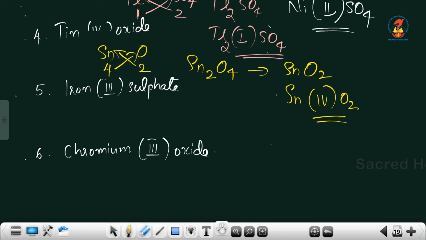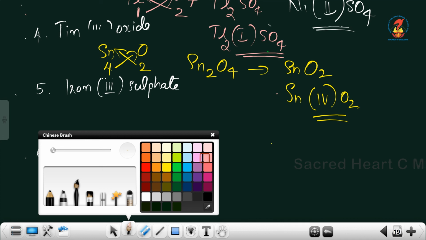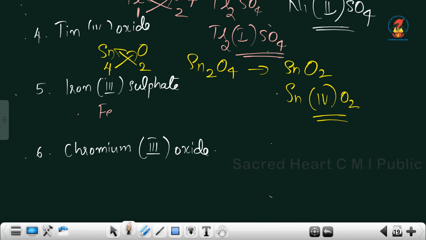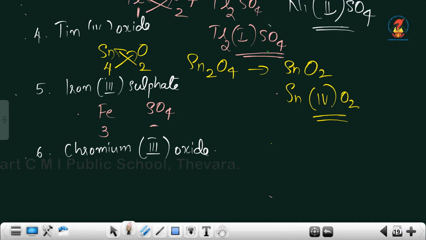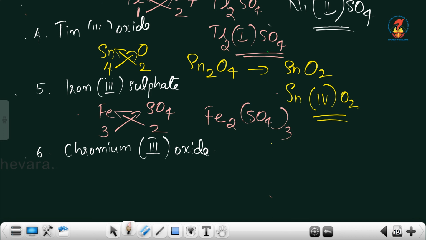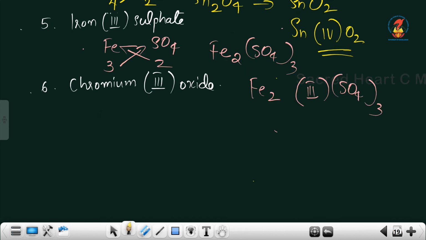Next is iron 3 sulfate. So we have iron and the radical sulfate. Iron oxidation state is given 3, so the valency is 3. The oxidation state is plus 3, so for valency, just remove the charge, so 3. Sulfate, we know the charge is minus 2, so the valency will be 2. So what we are getting here is Fe2SO4 thrice, isn't it? So the stock notation will be Fe2, oxidation state is 3, then SO4 thrice. And the last one is